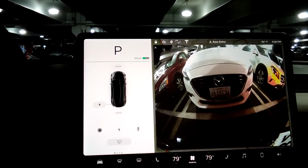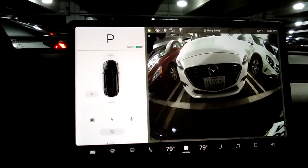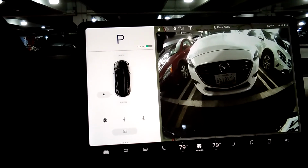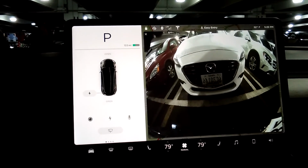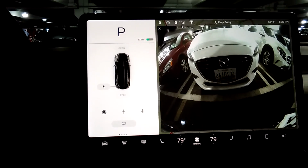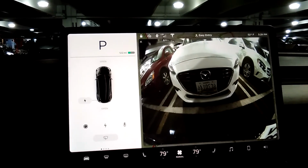Tesla is very bad at creating options for you. This touchscreen that you're looking at, and the controls in the car are worse than the Model S and X. They've reduced the number of things that can be done through buttons and levers in the steering wheel, and that's just adding to the complexity of going through a few different menus on the touchscreen to get an option that you could just hit the lever once to do. So unfortunately, they're adding more risk to the car, and I really don't think this car will be